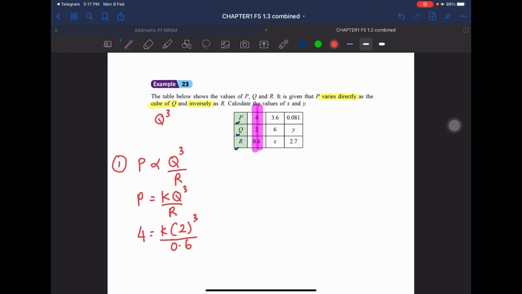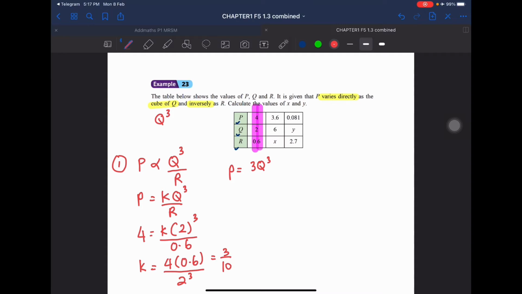So what is your value of k? So k is equals to 4 times 0.6 divided by 2 power of 3. Okay, so your answer will be 3 over 10. So rewrite back your equation with the value of k. So your equation is p is equals to